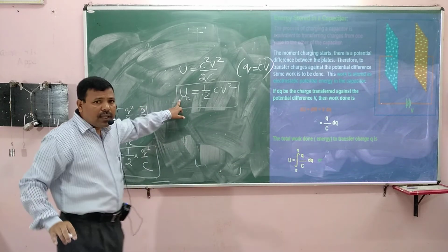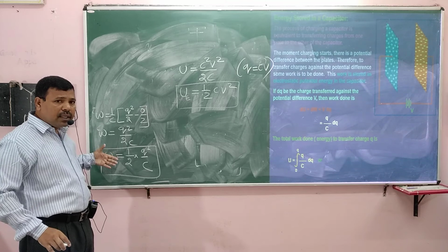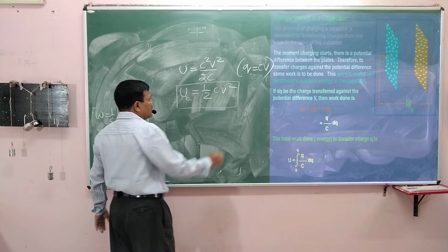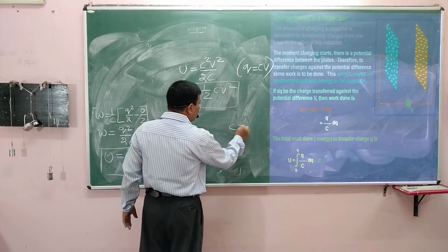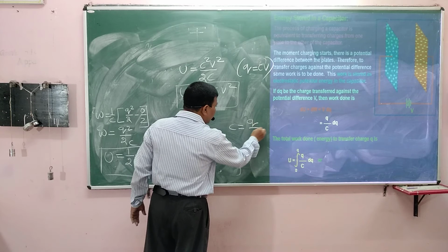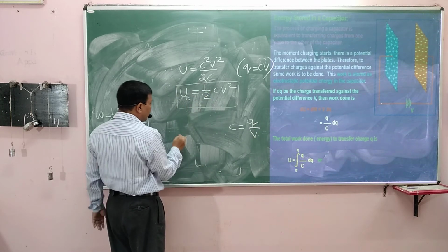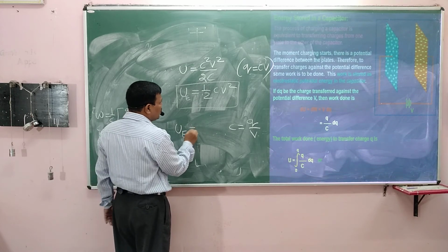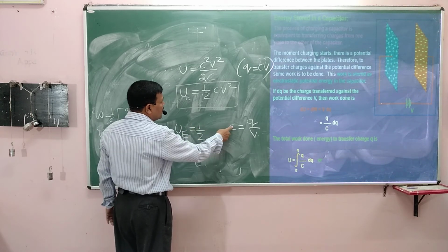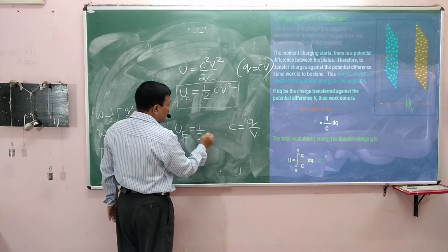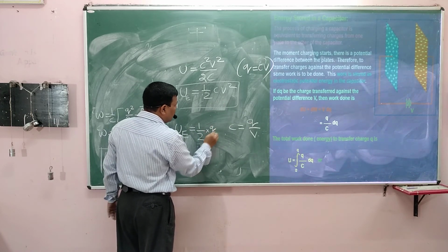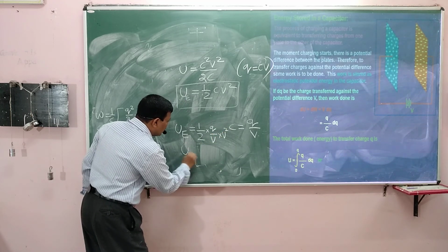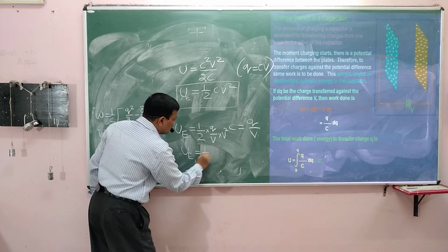Okay, what is the other form of the energy stored in the capacitor? Substitute C is equal to Q by V here. So what you get is the electrical energy stored in the capacitor is half C is Q, and this Q by V into V square. What you get is UE is equal to, V, V cancels, half of